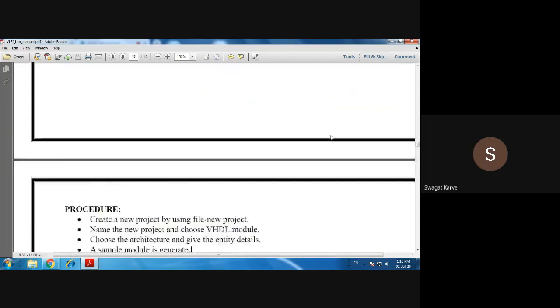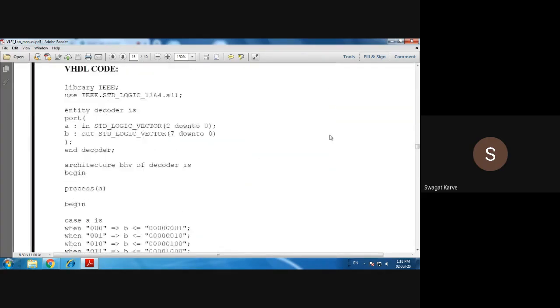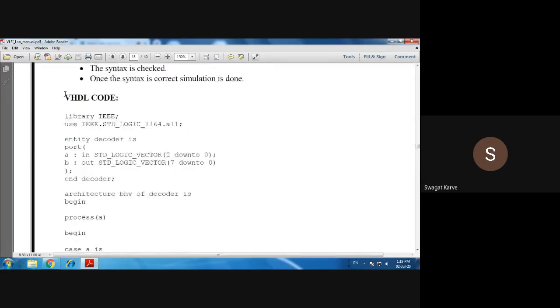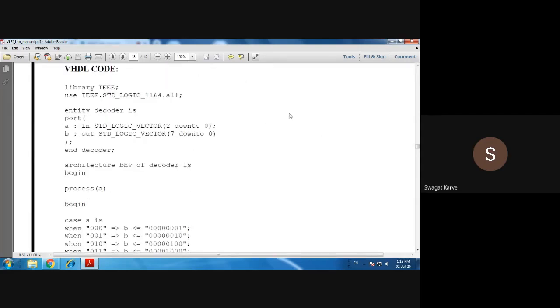Now again, a very simple VHDL code for this 3:8 decoder. Now how many bit input do we have?